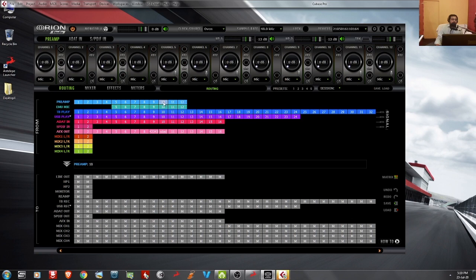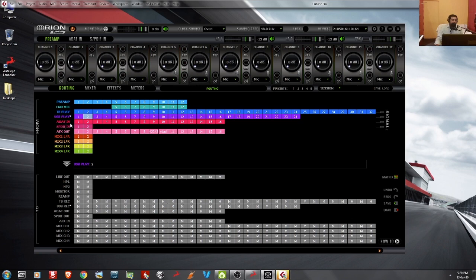So these blocks represent your preamp numbers. Then we have the emulated mics. Then we have 32 buses for the Thunderbolt Play. Next we have the USB buses that we are using now. So our playback, that is, if you send a signal from your digital audio workstation, it will come to this USB 1 and 2. By default it will come to USB 1 and 2. You can route to any other outputs using your digital audio workstation, and if you play something on your Windows, it will come to USB play 1 2.